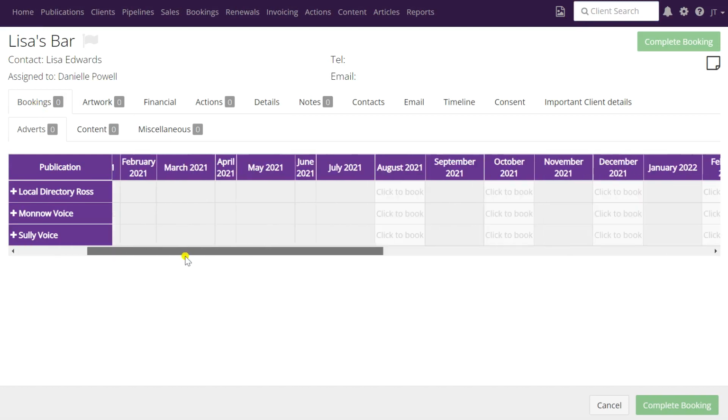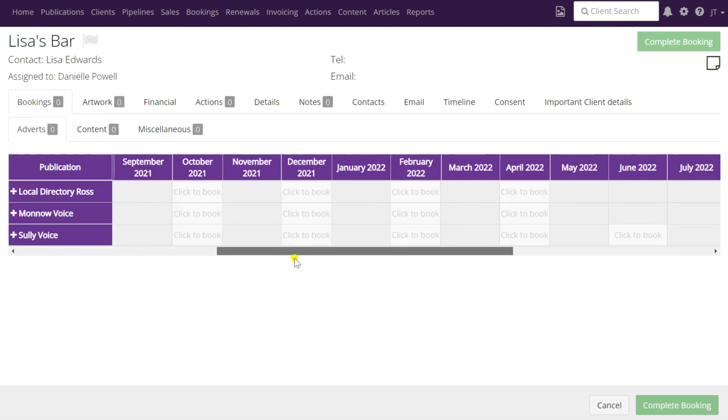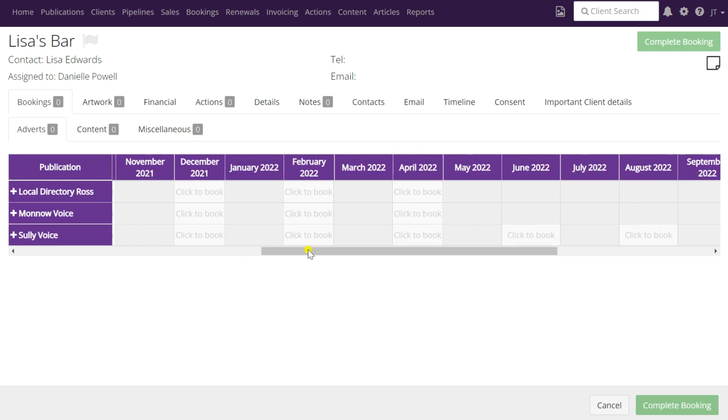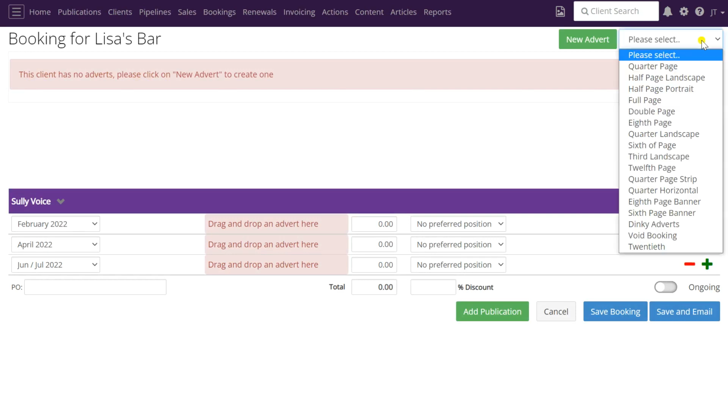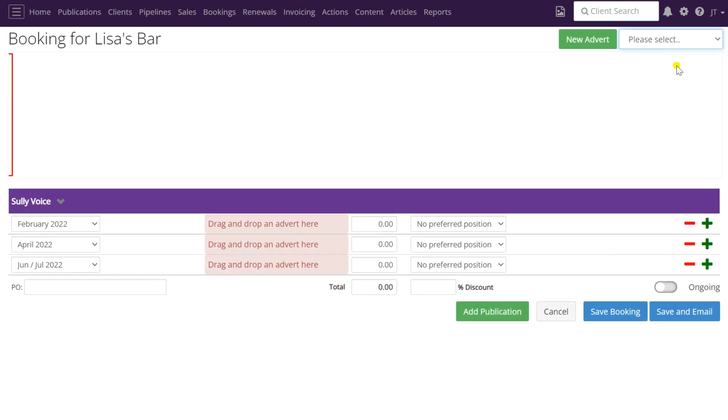Now she hasn't had any bookings with us before, so it's brand new, and she's actually going to be booking in for 3 issues. So I'm going to select February, April and June and click complete booking, and we can see there that the client has no adverts. So if I click on new advert, I'm going to click on quarter page,